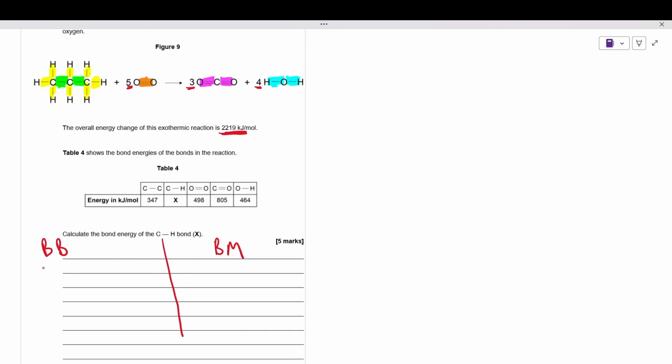So in this case, I know I'm going to break 2 of my C single bond C. So that's going to be 2 times my 347. And I'm also going to have 8 of my C single bond H. So that's 8 times my C single bond H. I do not have a value for that, so I'm just going to leave it as that. And then I have 5 times my O double bond O, which is 498. Okay, so that's going to give me a total of